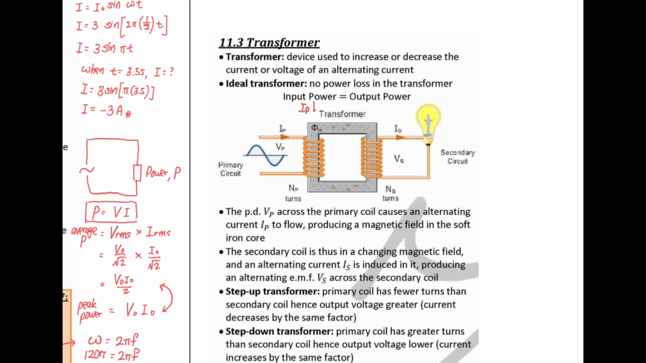IP VP. The output power is the right hand side, where you have to look at the secondary coil, look at the current and the voltage, secondary current, secondary voltage, multiply each other, then you get the output power. Okay, so we get IP VP equal to IS VS. Okay, so based on this formula,